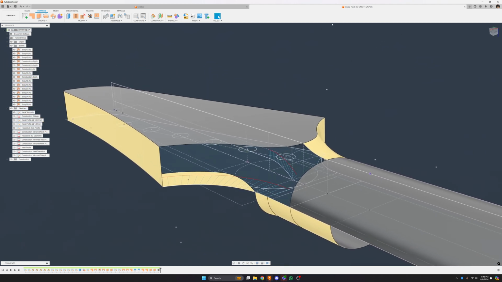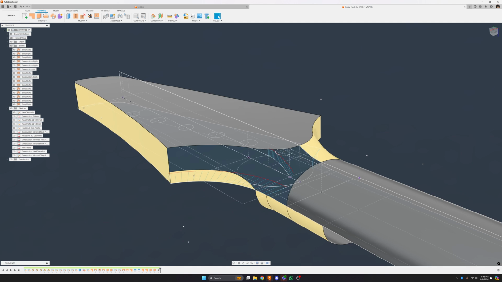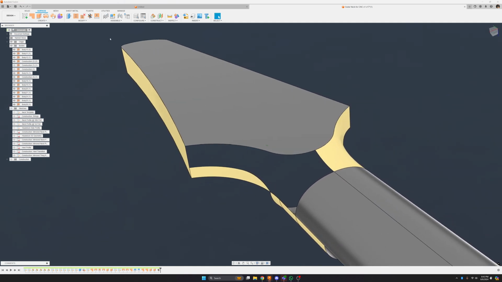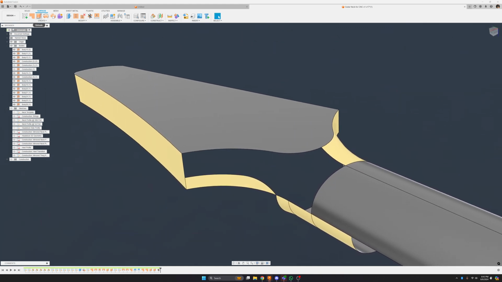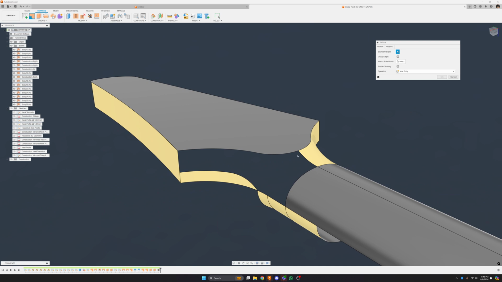So now, also what I often do, I stitch all that together. I'm not sure I have to in this case. Let me hide all the sketches. So in theory, I have everything I need to create that boundary patch. Well, not quite,